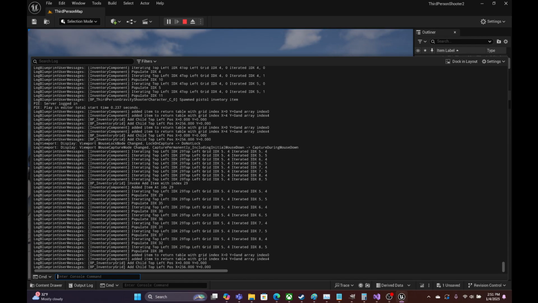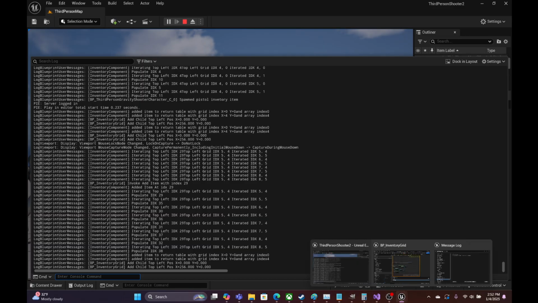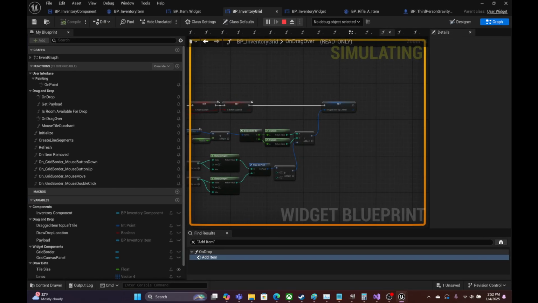Ah. So it's populating the array at the right places, but it's adding the item to the return table with the wrong grid and array indices. So here it added item at index 29, iterated over the right block of grid indices, but then my added item to return table, that is